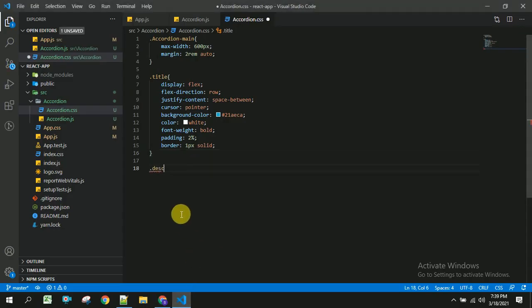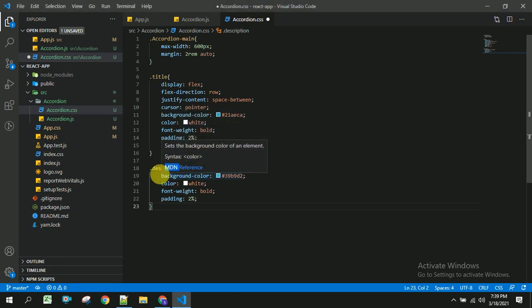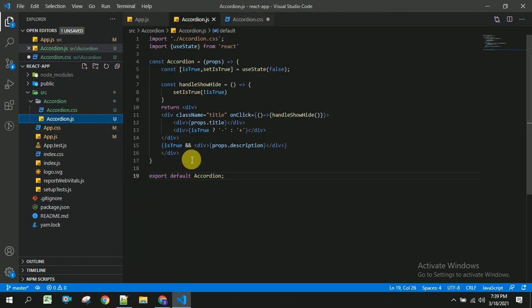So description, I will create this description class name. In my JS file, I am going to paste here. So let us save this and check whether we are able to get this or not in our browser.